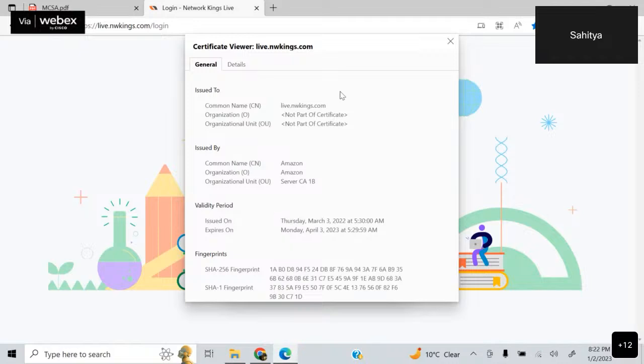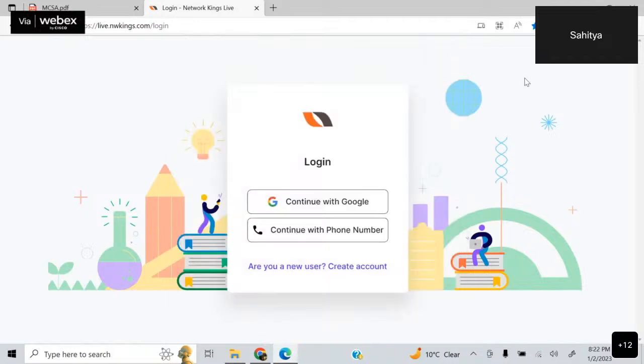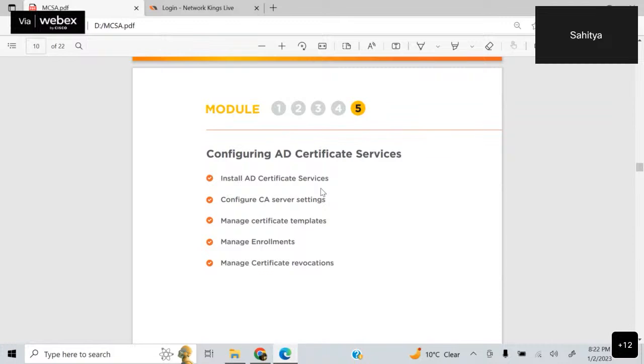right? So for this, we are going to configure ADCS. We will become our own certification authority, and then we will apply the certificates to our own websites and our own connections, whatever RDP connections we are making, right? So for all these RDP connections and web connections, we have to configure the certificate services,